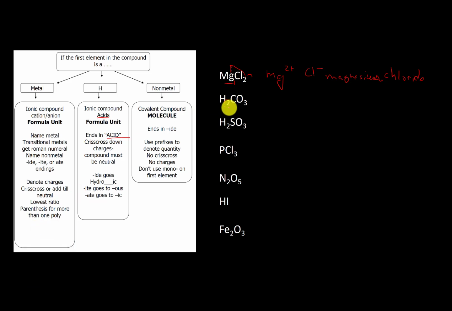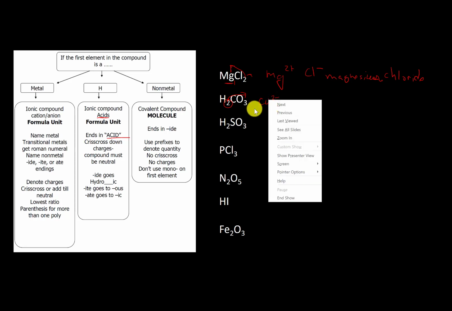Okay, let's do a quick crisscross here. Again, we're not really concerned. Once we use the hydrogen to simply determine it's an acid, we don't really use the hydrogen anymore in the naming of that acid. We just assume once it's an acid, then we use some different conventions to figure out what the name is. We start with what the base anion is, which is